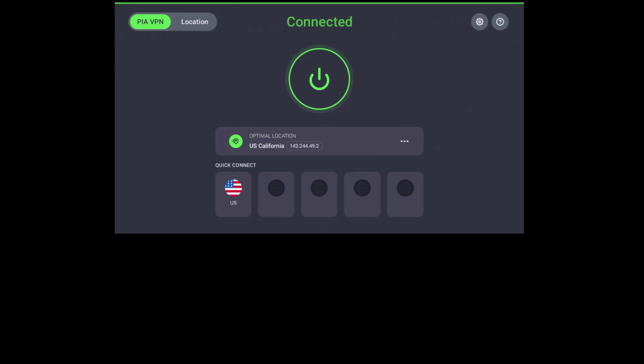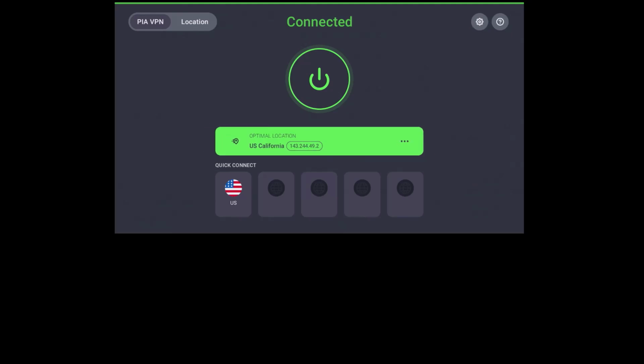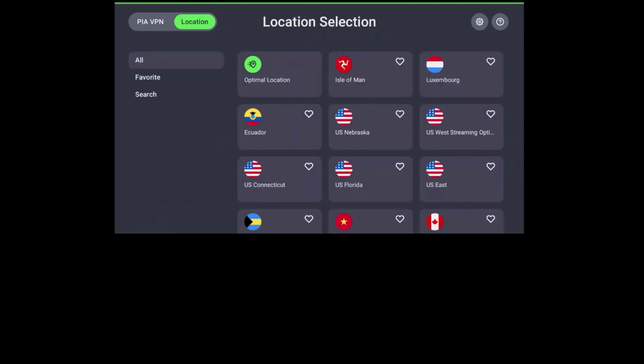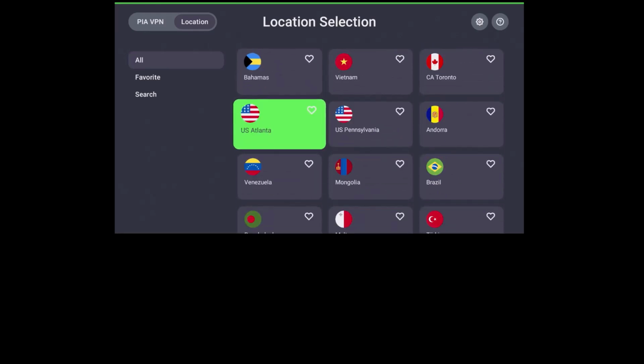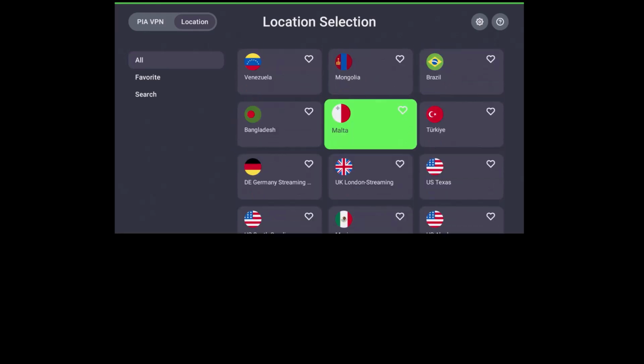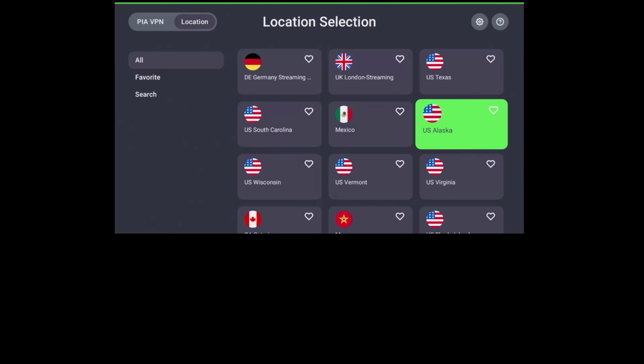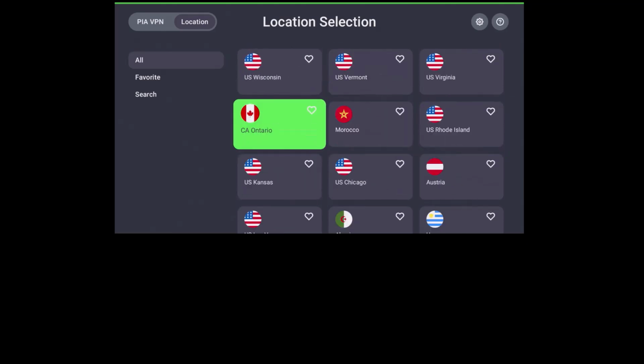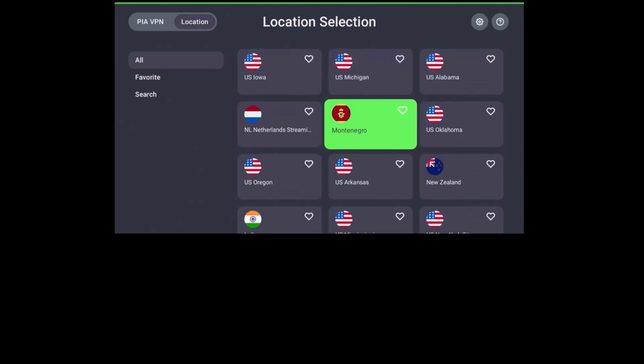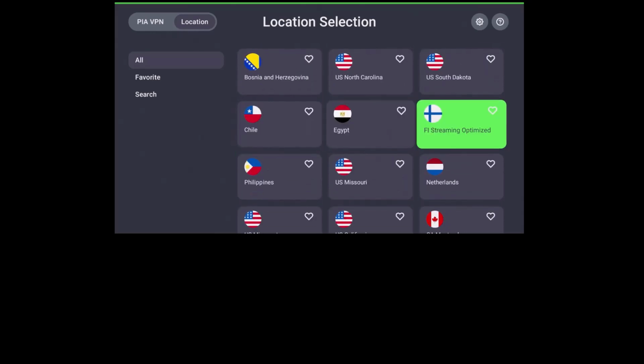But if you go over to the location here, like over here, you can choose whatever you like. You have Bahamas, Venezuela, Malta, US, Alaska, Mexico. All this is here. You could choose whatever you like. All right. So it makes no difference, but it's easy to use just in case you're getting blocked or throttled